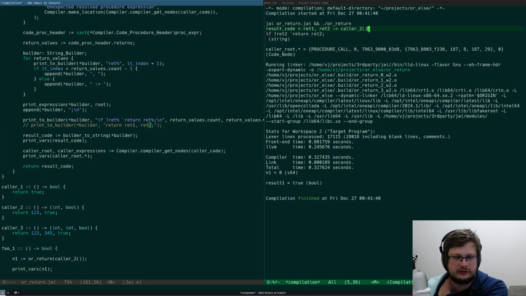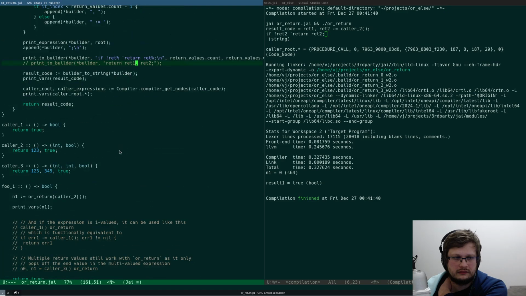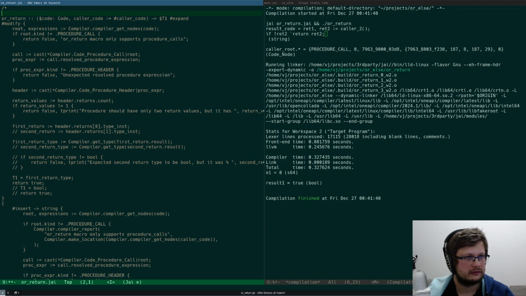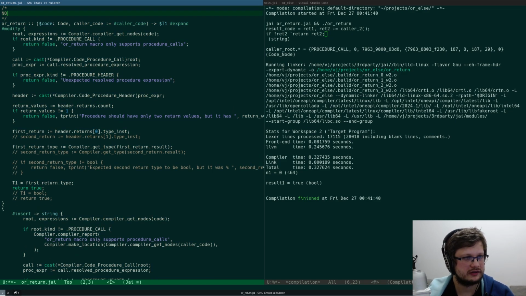ret1, ret2 equals color code. Return. That's wild. Let me add notes here.